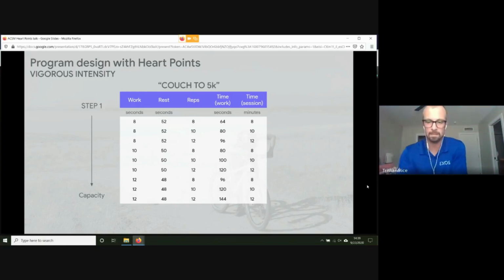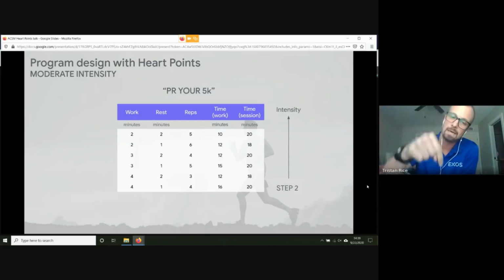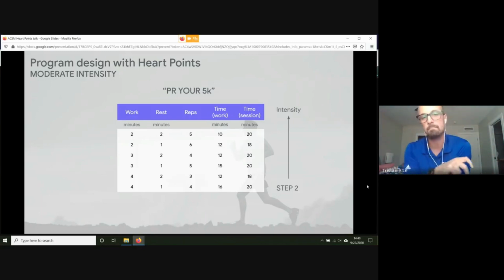Once they've been through this, though, now you don't just want to get them couch to 5K. They crossed that finish line. They got that medal. Now what do we want to think about when it comes time to PR your 5K? Well, we can use exactly the same structure. We can use exactly these same sessions, but now instead of working our way top to bottom, where we increase the density of the session to increase capacity from a cardiovascular fitness standpoint, now we can turn that around and